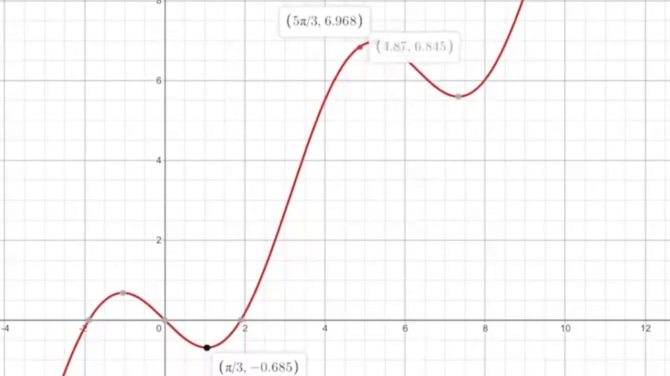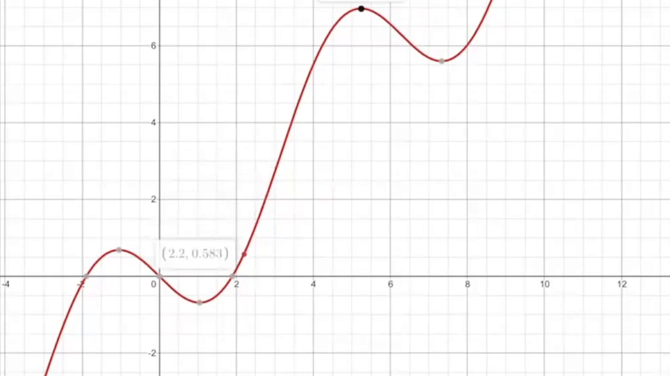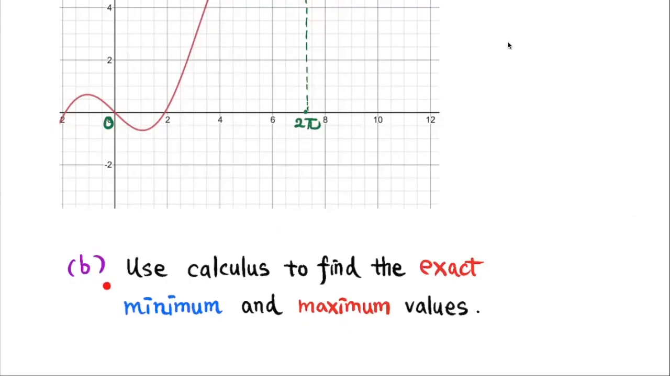By moving the cursor closer to this maximum point, we see that the absolute maximum is about 6.968, and the absolute minimum is about negative 0.685. Now, in part B, we're going to use calculus to find the exact minimum and maximum values of this